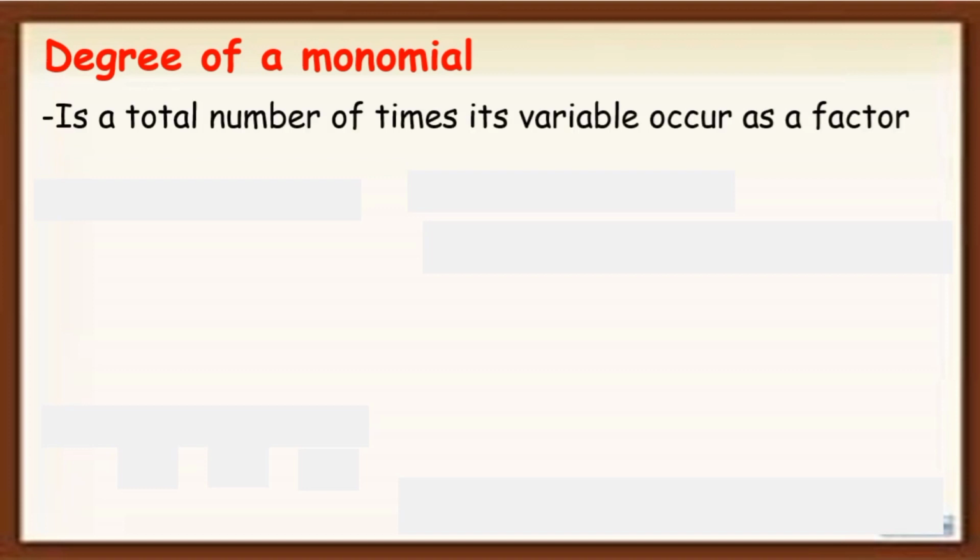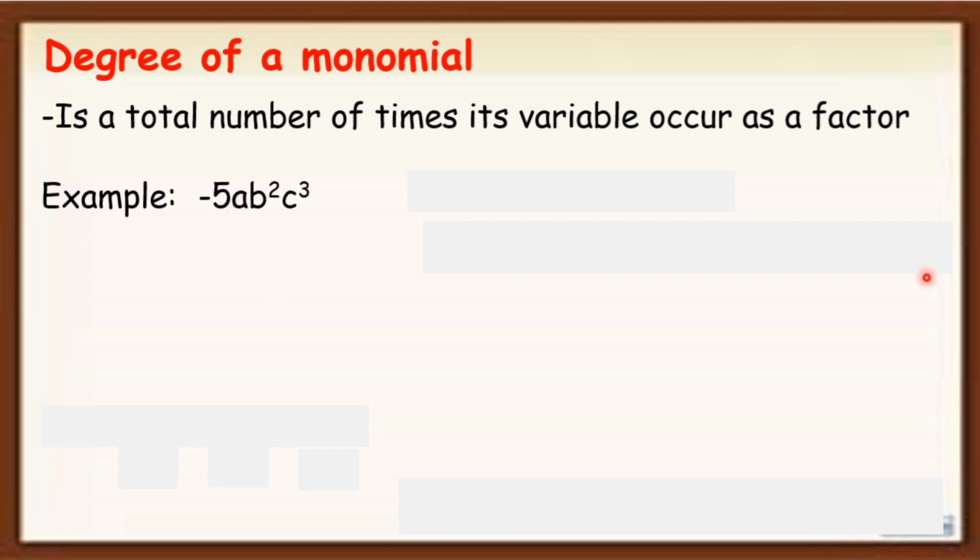Now, let's proceed to the degree of a monomial. So when we say degree of a monomial, it is a total number of times its variable occur as a factor. For example, we have negative 5ab squared c cubed. So ano ba ang degree or exponent ng mga variable na nasa given? So there is 1, 2, 3. So remember, if ang variable na nasa given ay walang nakikitang exponent, meron niyang 1 ha,